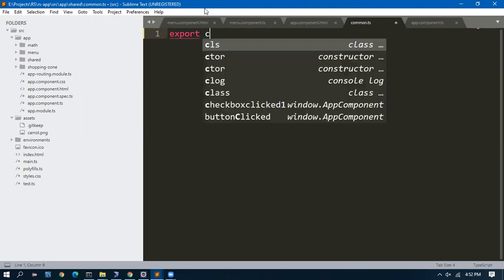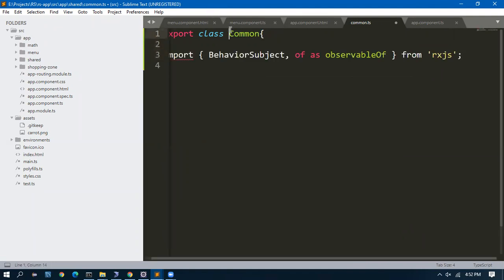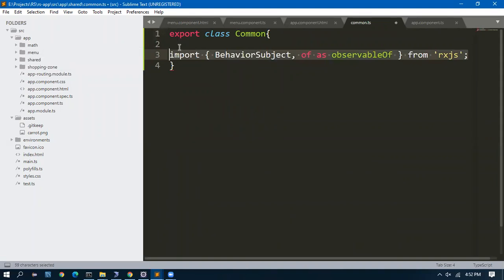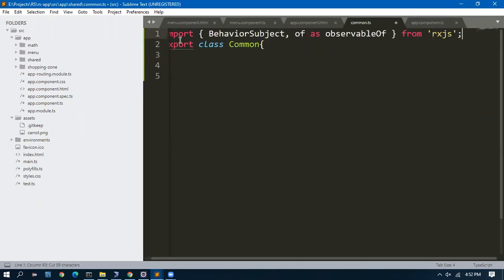Export class common. You created a shared folder, and in that shared folder we created common.ts, right? Yes. This is the file using which we will be sharing the data.